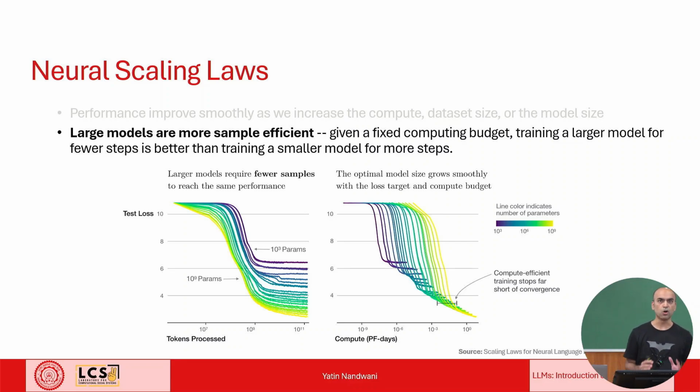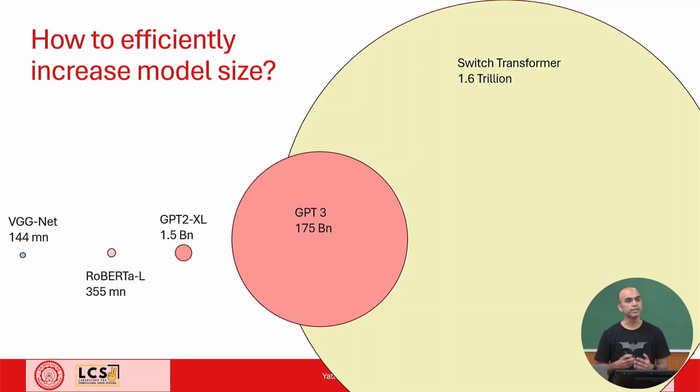Should you train a smaller model for more iterations, or should you train a larger model for a small number of iterations? Again, you will discuss this. I'll just tell you the conclusion: it is more efficient to train a larger model for a small number of steps given fixed compute. And that is why the whole community is focused on increasing the model size and trying to see what the limit is.